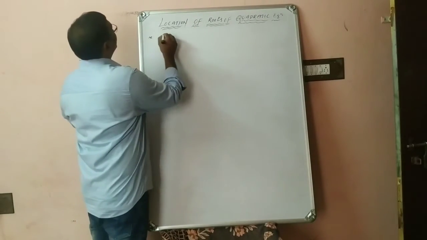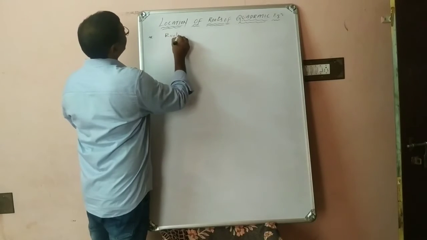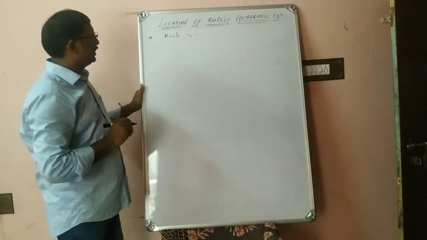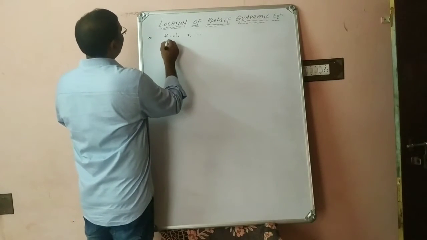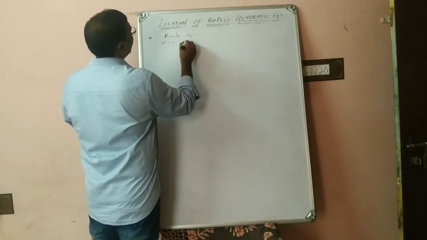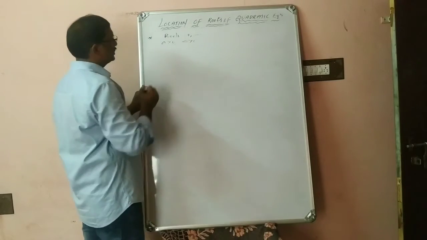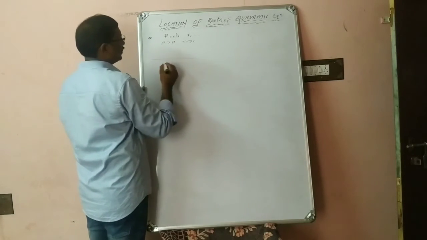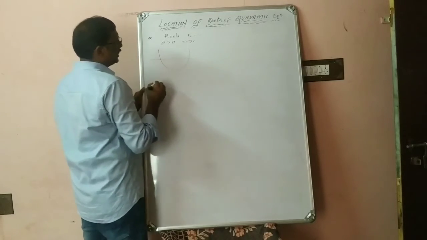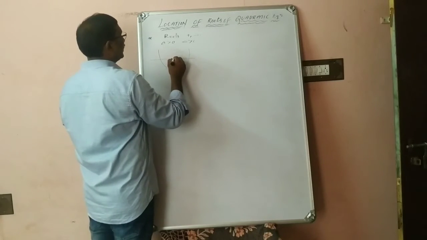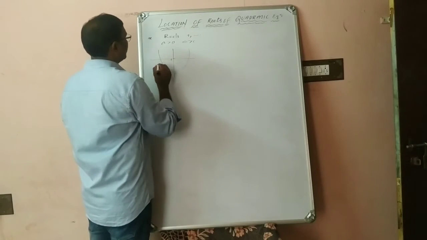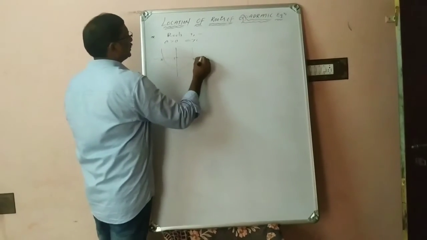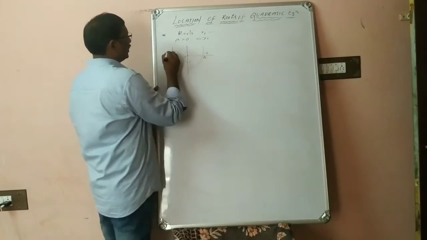Now the roots are, one is positive, one is negative. So out of the two roots, one is positive, one is negative. Again, if A is positive and delta is greater than 0, in this case A positive means we get an upward parabola. One is positive, one is negative means you can take the origin here. So this is 0, this is negative and this is positive. By using wavy curve method, positive, negative and positive.